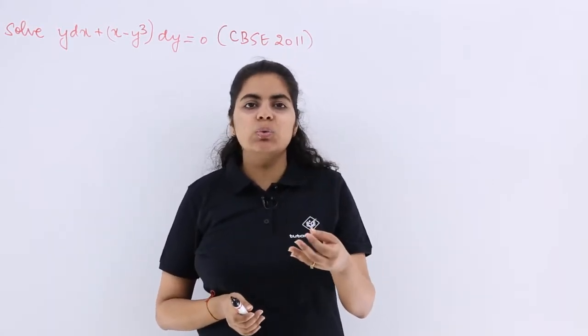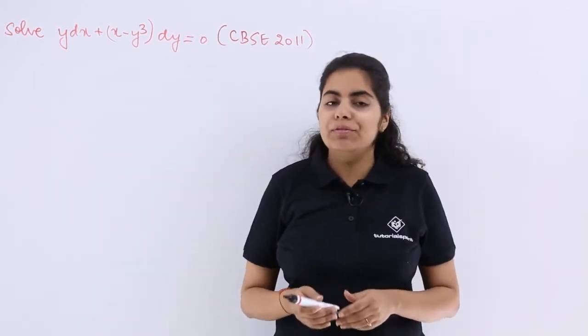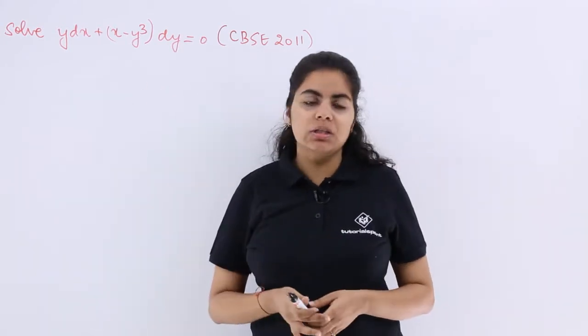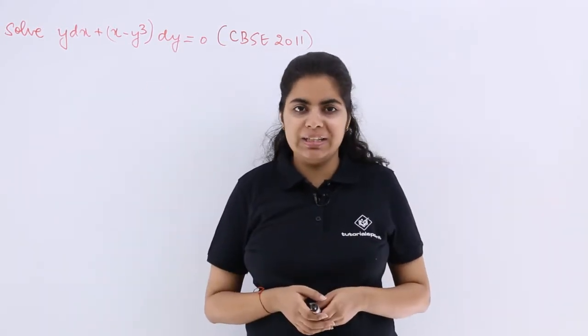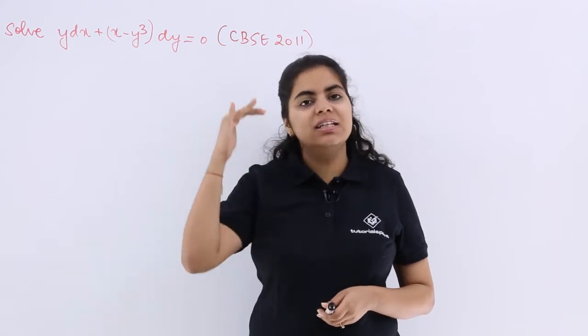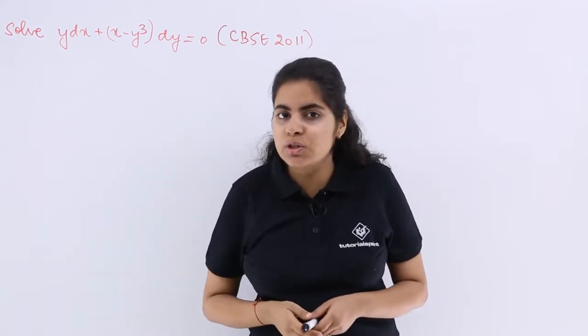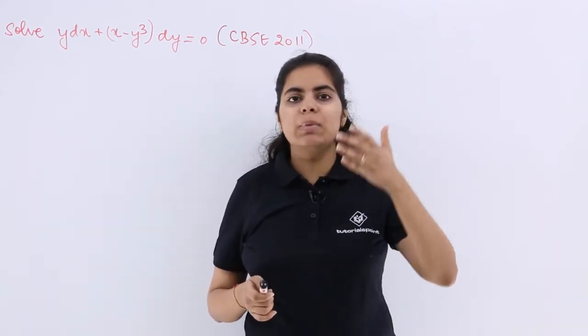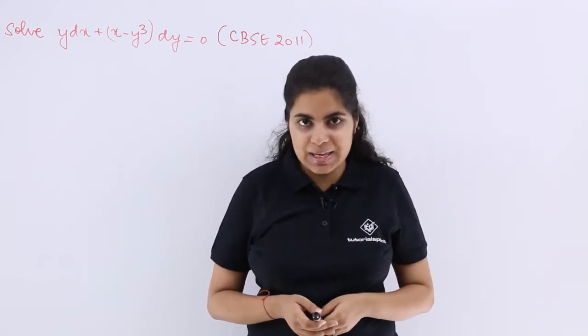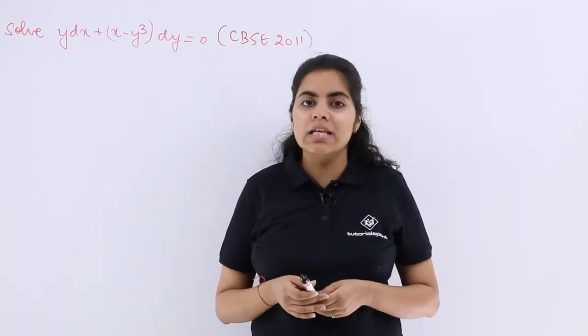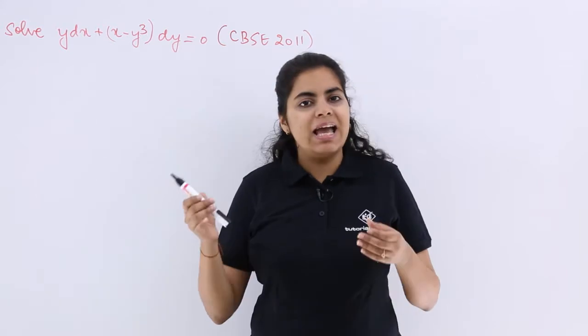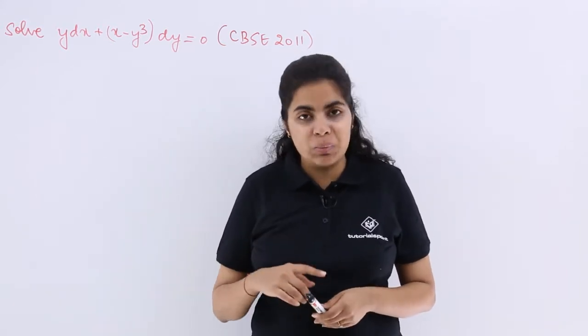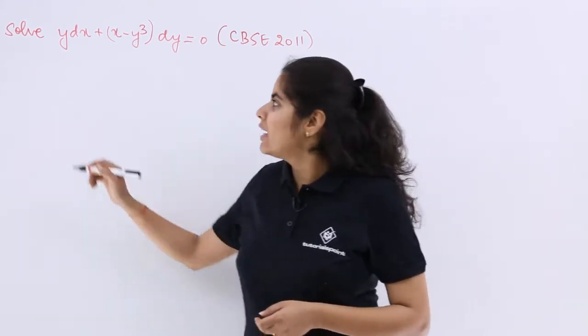So what we have to do is make sure that we convert this given question into either of the two forms of linear differential equation: either dy by dx plus py is equal to q, or dx by dy plus rx is equal to s. Let's see which form is possible to be converted, and let's start with the solution accordingly. So I write solution,